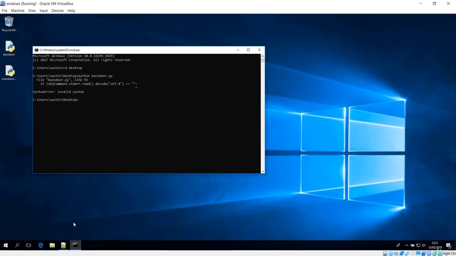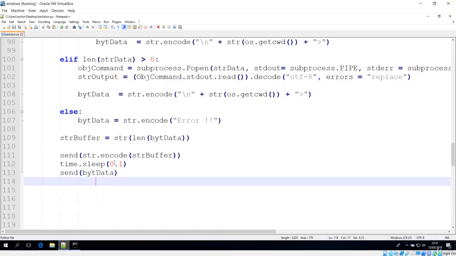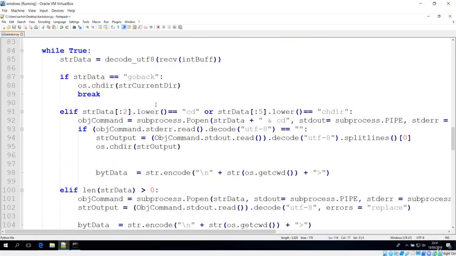So let's see, that is in line 93. It is saying that after we read it, it has to be closed right here.